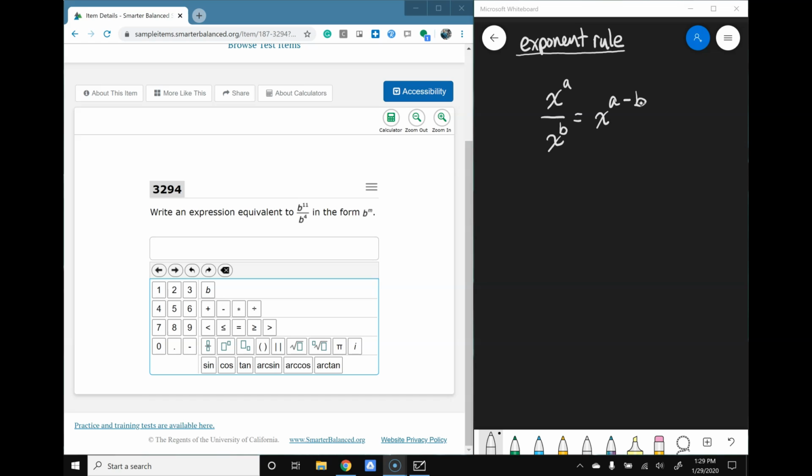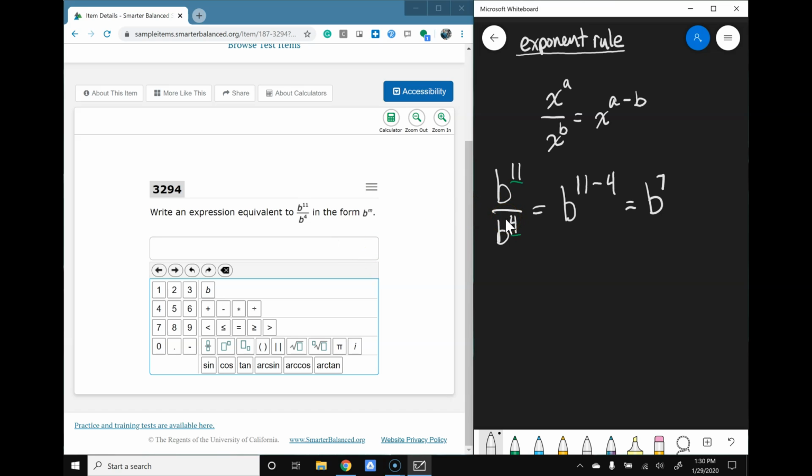Let's take a look. Well, we have b to the 11th power divided by b to the 4th power. Our common base is the letter b. And then we have our top value 11, our bottom value 4. So we can apply this rule, 11 minus 4, which would then equal b to the 7th power. Alright, so that would complete the question,